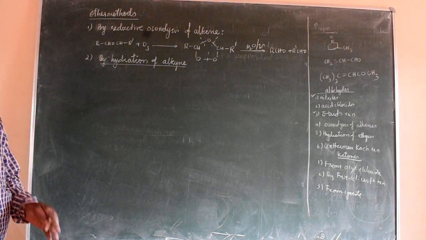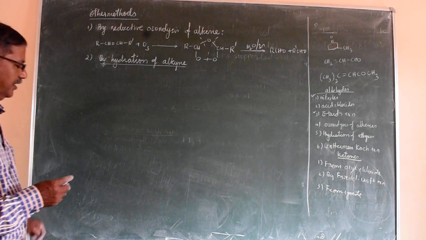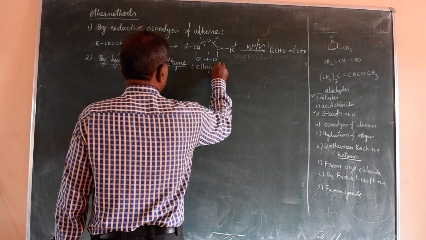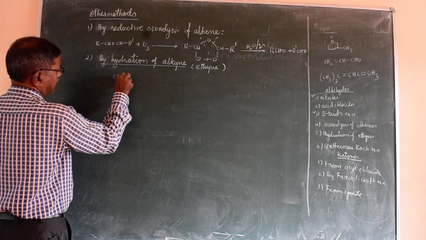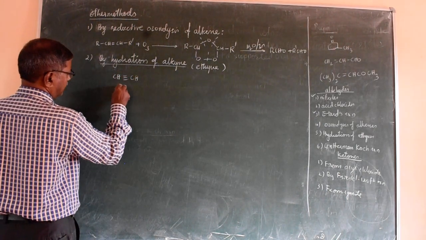That is, it is possible to get aldehyde when you are using ethyne. It is ethyne, E-T-H-Y-N-E. So it is CH triple bond CH, ethyne